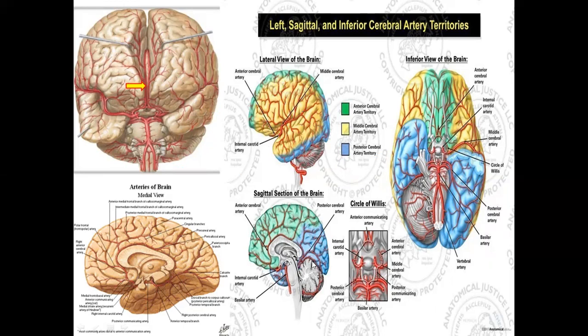So this is the anterior cerebral artery, which winds around the corpus callosum, and it gives the central and cortical branches. Cortical branches go over the surface of the brain, and central branches go inside the brain and supply the nuclear masses of the gray matter and the internal capsule. So whenever this branch of the middle cerebral artery, which is running in the lateral sulcus, is blocked, what happens?